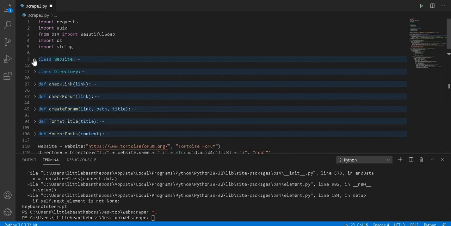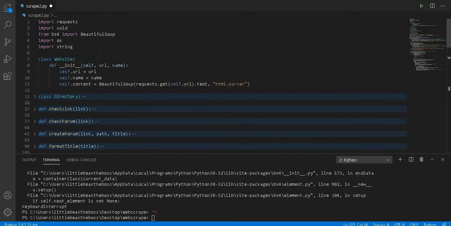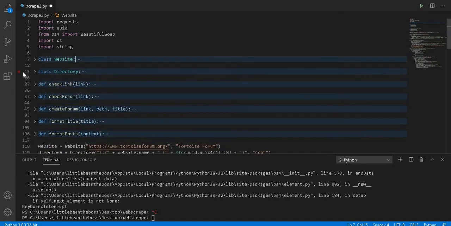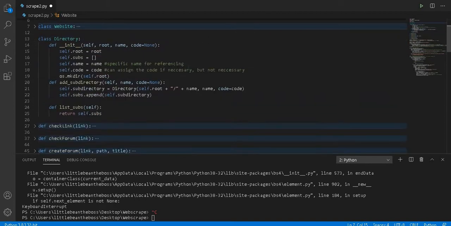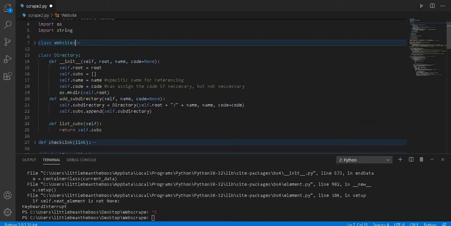So now we can get into the code. This is all this is. It's defining the website that I'm going to use, but makes it easy to refer to the URL and the name of the website later on without having a bunch of global variables. Same with this class, pretty basic as it initializes. This is really the path, but the first one is the root, but it's really the path. I have the name, and then I have